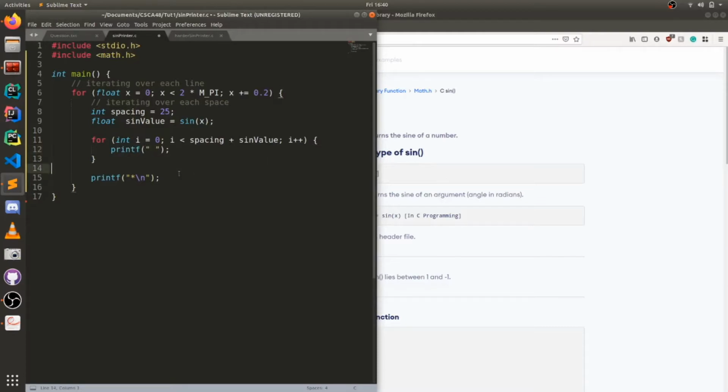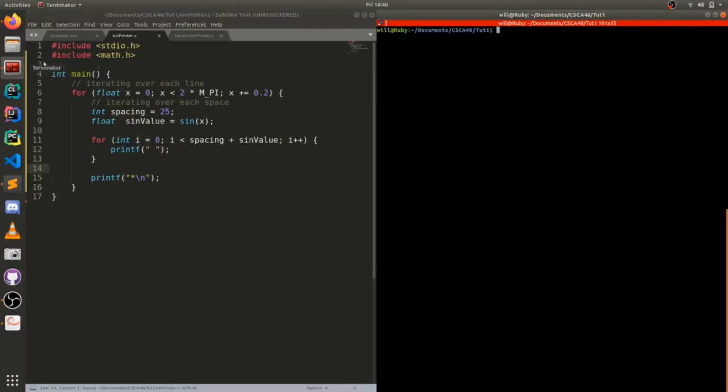This is our code so far. Let's test out to see how it works. To test it, I'm going to compile it. And this file, as you can see, is called sine printer. Oh, well, we have an error here. Let's see. Temp something.o in function main, sineprinter, undefined reference to sine, collect2 error, ld returned 1 exit